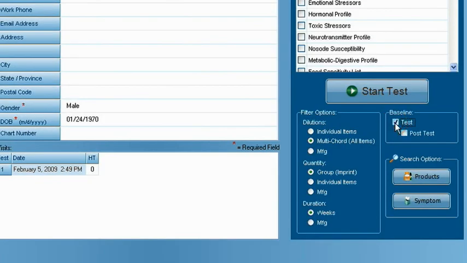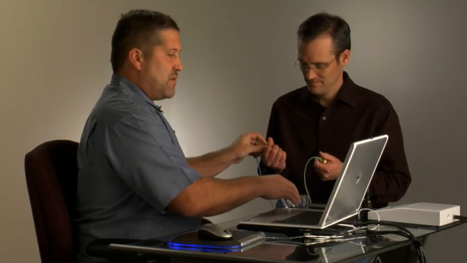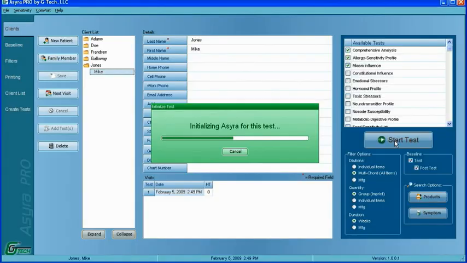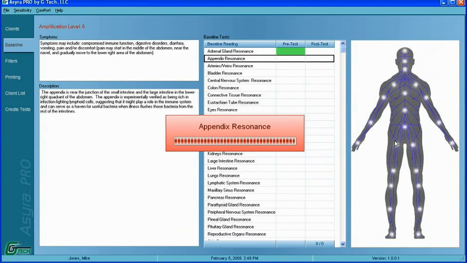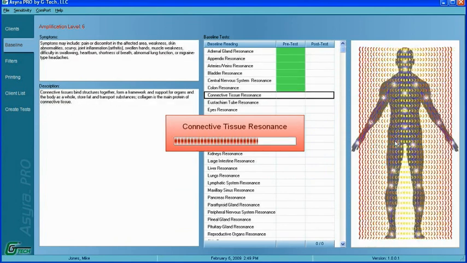I do want to test the baseline to look at the values on the organs and systems, and also measure how they respond to the remedies that we find. Once I've got all those identified, I simply click on the Start Test button. Then I put one electrode in one hand, one electrode in the other, and you can see it's calibrating for this patient. Once it's calibrating, now we're going through and we're looking at the energetic status of the various aspects